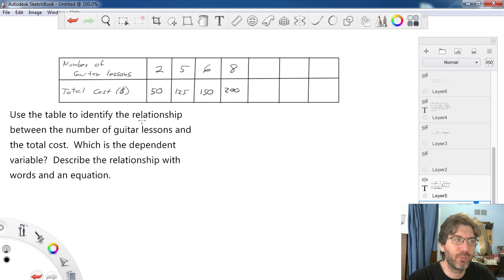Because $30 might not even be a good number for guitar lessons. You might not have a number of guitar lessons you can get for $31. In fact, this one isn't, because each guitar lesson here is going to be $25. So you can't get a guitar lesson for $31. It doesn't exist. You can get one for $25 and then have some change,